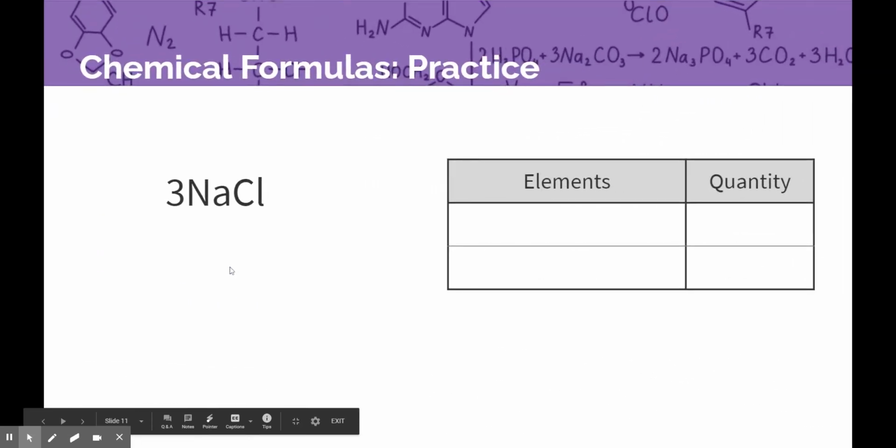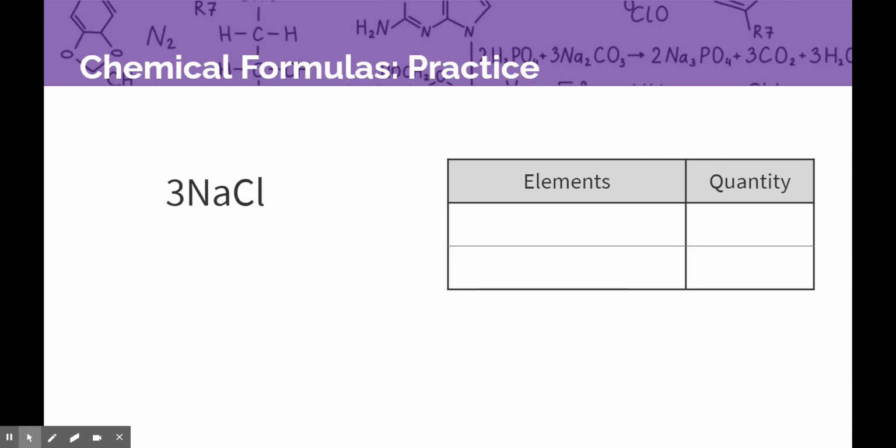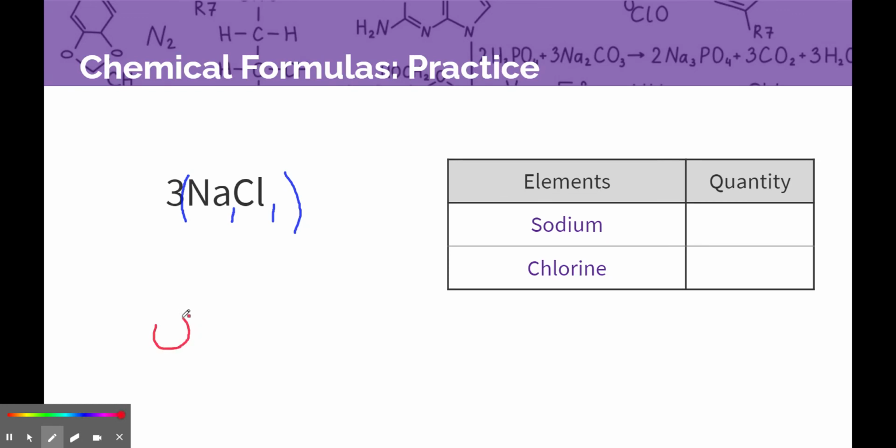Okay, third example, I have 3NaCl. If you look up Na on the periodic table, you'll find that it represents sodium. And if you look up Cl, you'll find that it represents chlorine. This time I don't have any subscript, so again, we're going to write in these invisible ones right here. If I ignore my coefficient for now, I can see that one molecule has 1 sodium atom and 1 chlorine atom. However, this coefficient is telling me that I've got 3 of these. So if I draw out my 3 molecules,